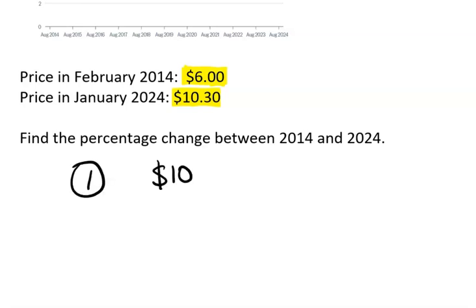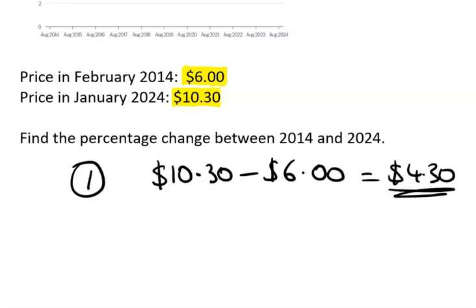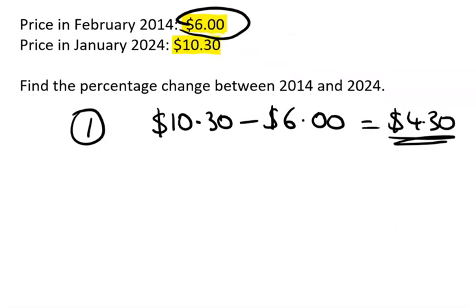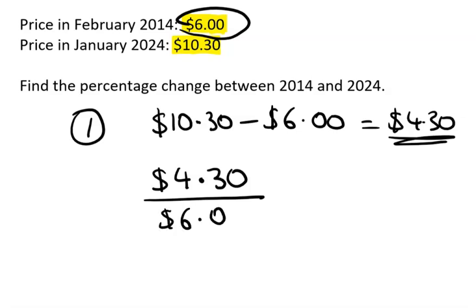So the new price is $10.30 and we're going to take away the old price of $6. And that gives us $4.30. But now we want to compare that $4.30 and we always compare back to the original amount. So we compare the $4.30 to $6. And by compare, I mean that we divide it. So we say $4.30 out of $6 is how much of a big deal. So we get that on our calculator and we're going to end up with a decimal. And that should feel at this point in the course pretty comfortable, right? So we shove that in the calculator and we get out